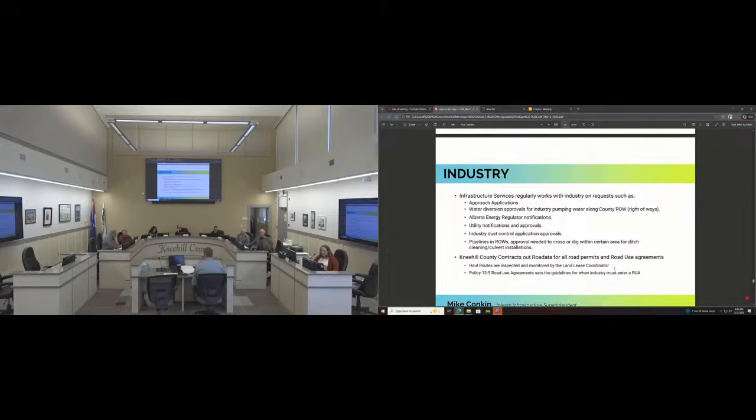So, in 2025, Road Data issued 641 road permits for us. And we had about 99 road use agreements that we entered in 2025. Road Data takes on a lot of the background stuff that's just time-consuming desk work, and puts it onto the computer. It's more efficient for the industry and for us as well. We are very thankful for what they do for us and the service they provide.